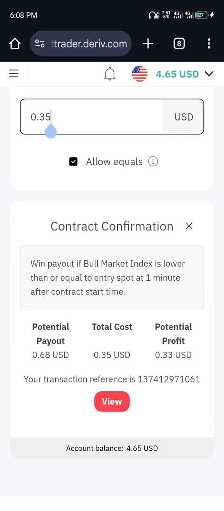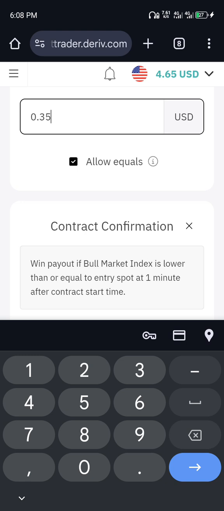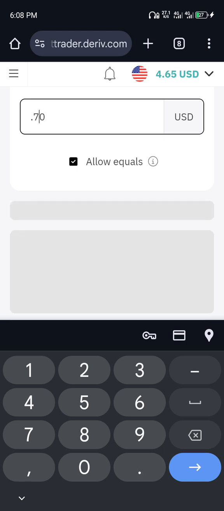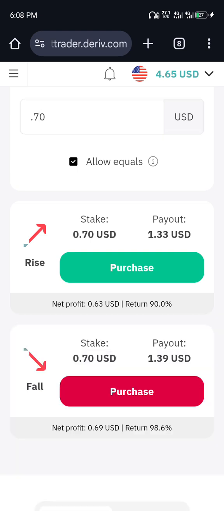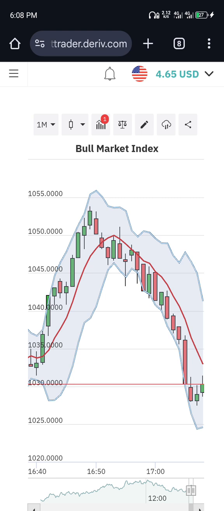We now move to the next stage, which is $0.70, that is 70 cents, and our stop loss is 30 cents, while my take profit is 50 cents. Yes. And again, I check the chart. If it's still okay,